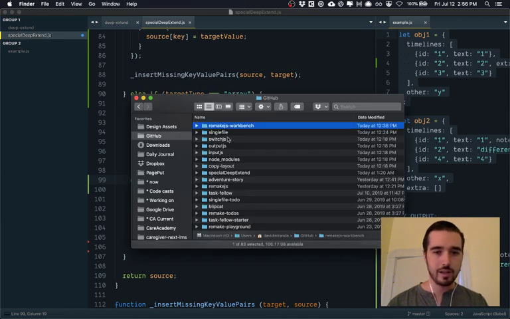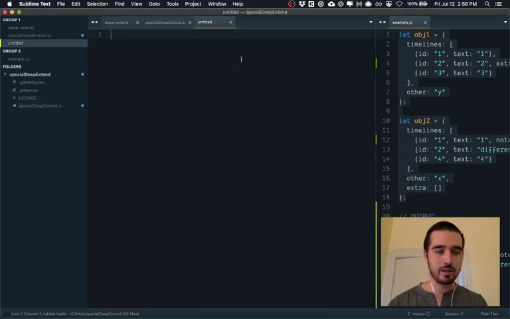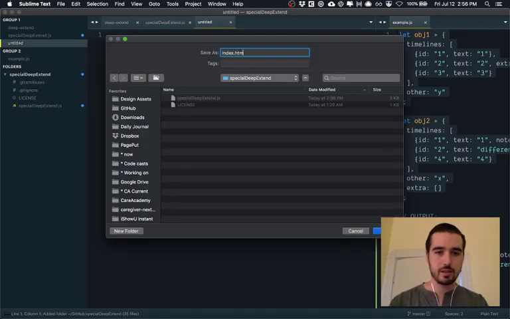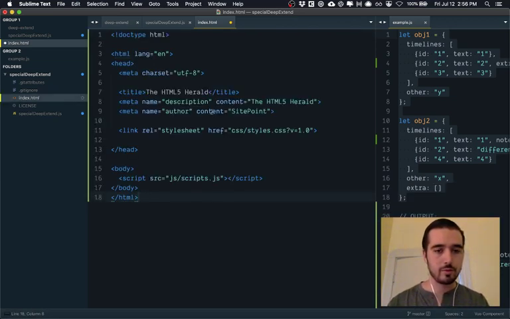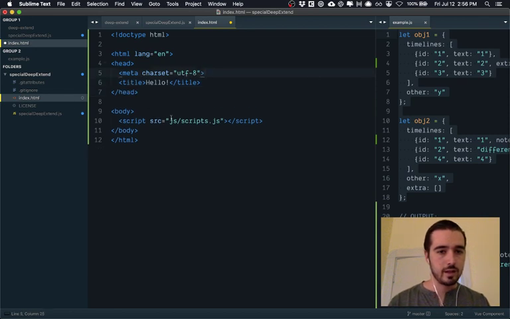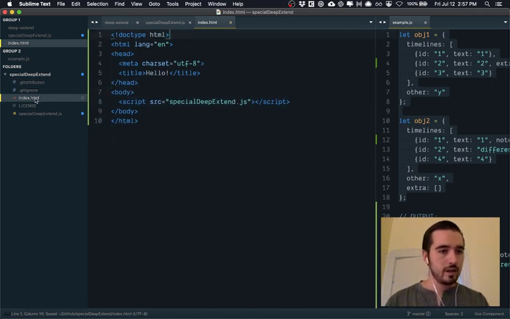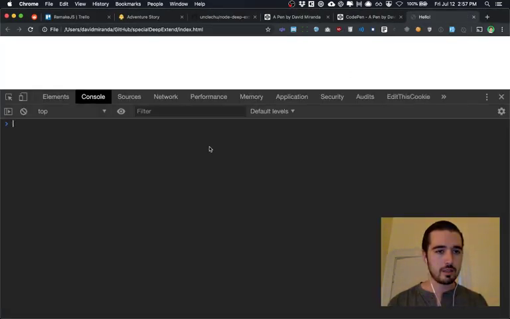and drag in special deep extend, and we'll create a new file in here, and we'll call it index.html, and we will paste our HTML in from before, and we'll just say hello, and we'll delete this stuff, and we will include special deep extend. Okay, so now if I reveal in Finder and open this up, now we get the